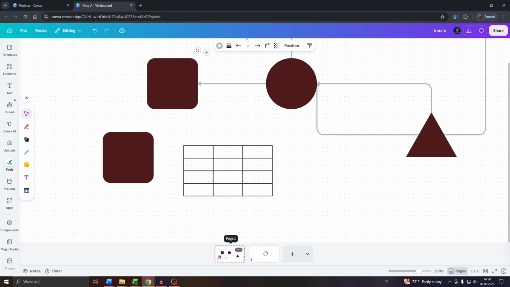Head over to your page inside the whiteboard presentation on Canva. And then guys, on the left hand side you will see these editing tools for the whiteboard. Click into draw here. Then you may select one of these drawing tools here, a marker for example, or a